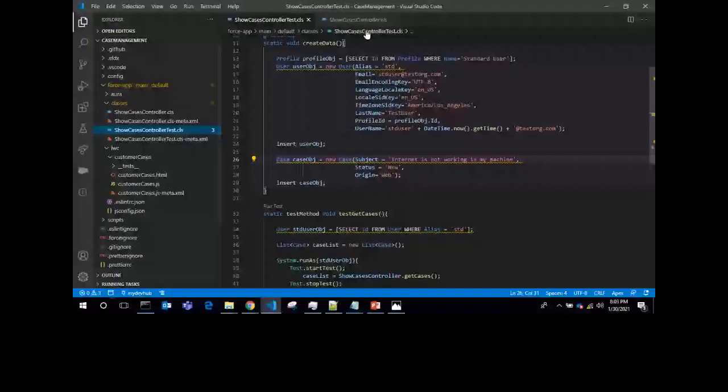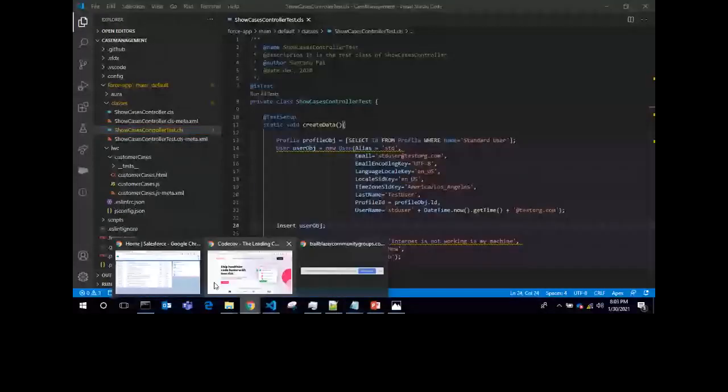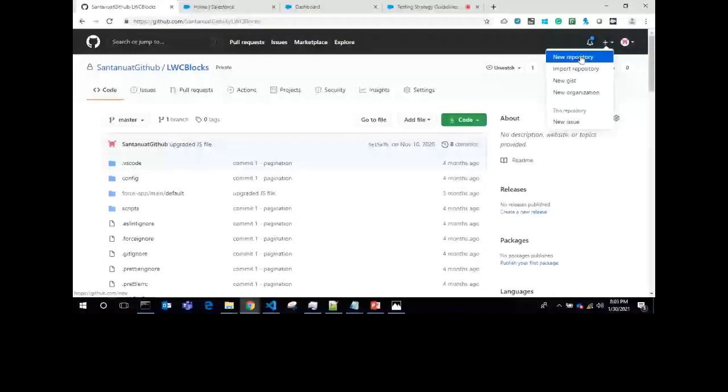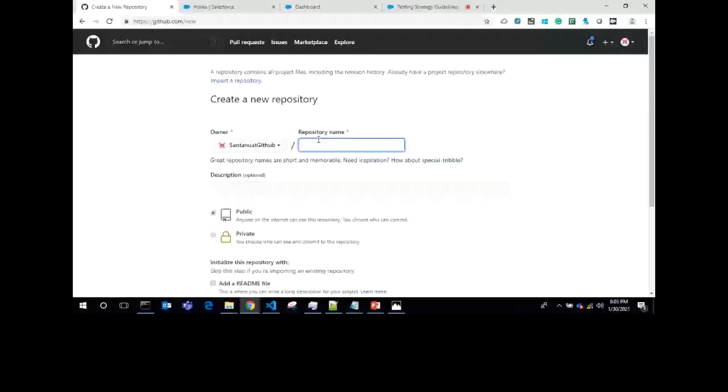Now what I will do, first I need to create the repository. New repository. Let's assume this is related to case management.